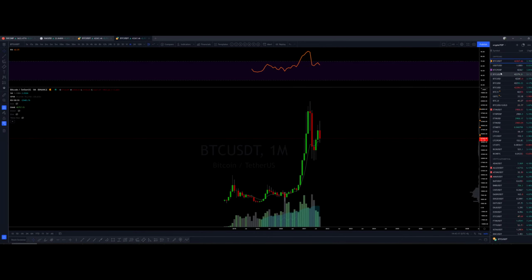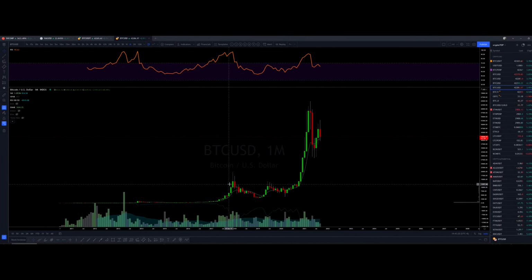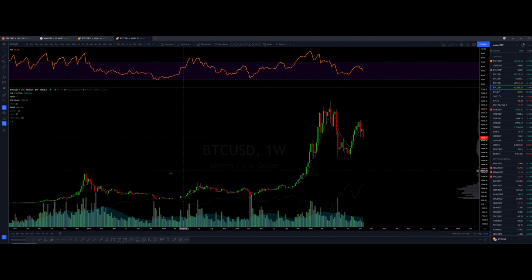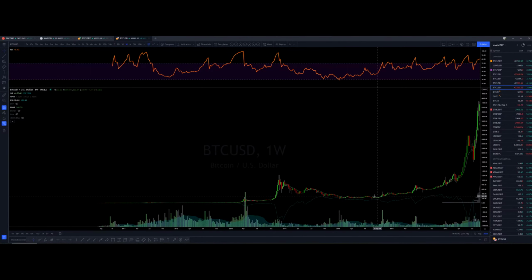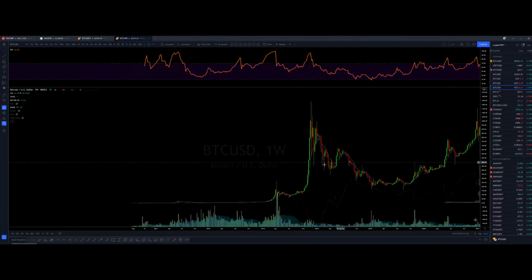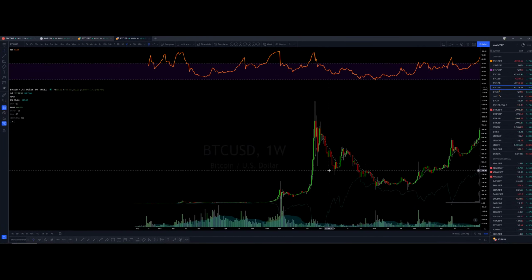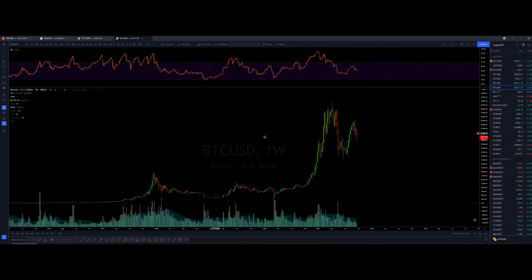And if we look at the Bitcoin monthly, it's not good. On the weekly, every time we set a lower high, we had a bear market downtrend kind of thing. We set a lower high here, and we had this downtrend market, right? If there's a lower high here, we got a bear market. But to confirm it, there's no confirmation yet, right? We need to set a lower low on the weekly, and then we're gonna confirm the bear market.